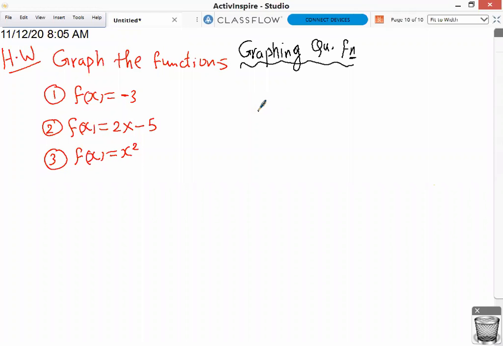Okay, my students, in the previous lesson we took 3 questions. I told you to graph them at home. The first question, some students asked about how to graph. First you must know what the type of this function is. It's a constant function. Then if you want to graph it,